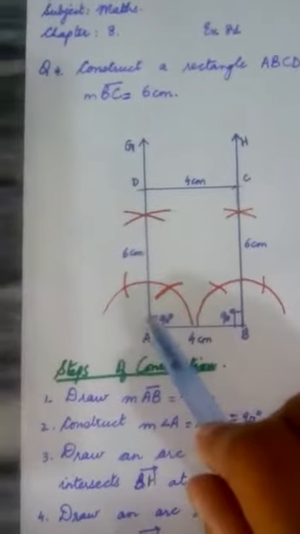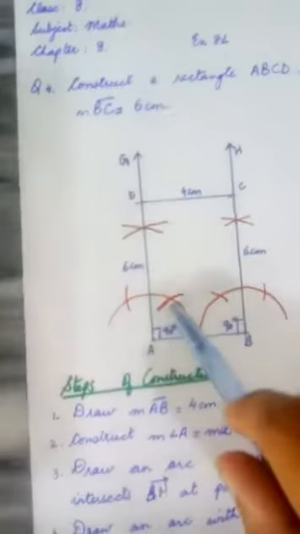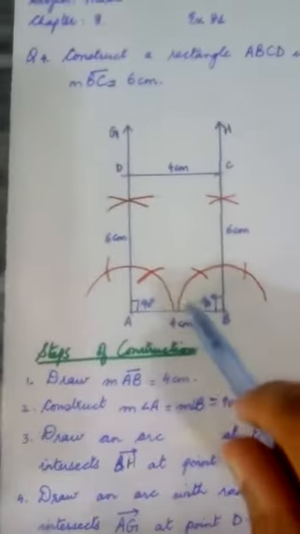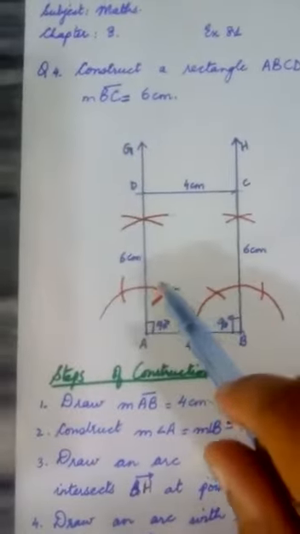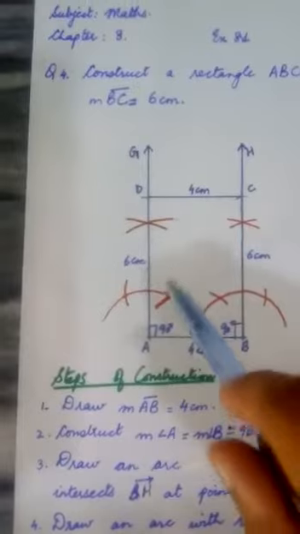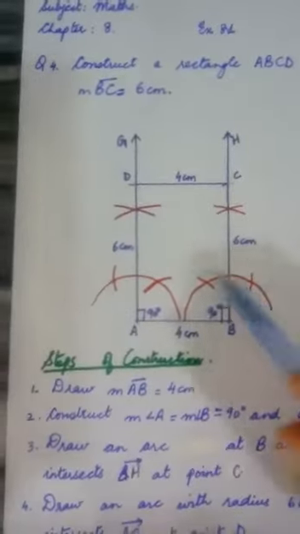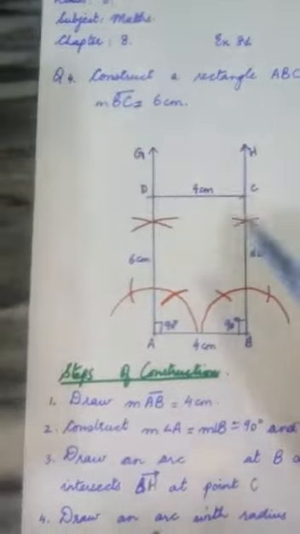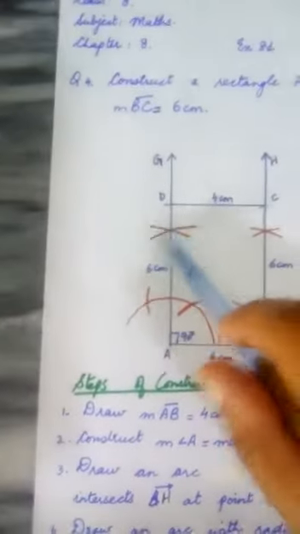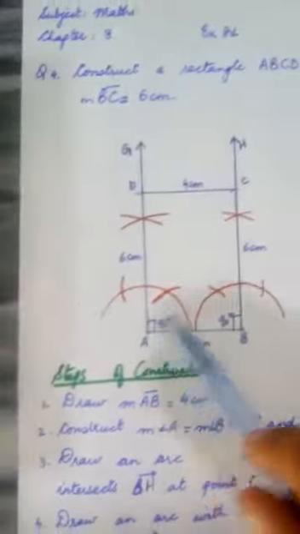So taking firstly this point as a center, you will draw an arc here, and also taking point B as a center, draw one arc here, another here, one arc here, another here. Then taking these 2 points, draw 2 intersecting arcs as it is shown here. This will give you a 90 degree angle.